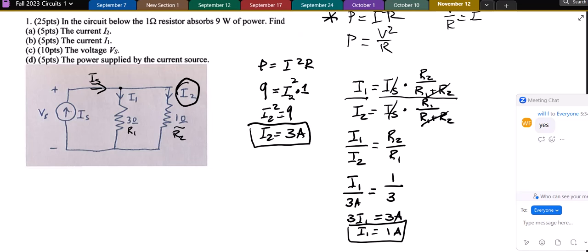So now I know, this is not a question, but I know that IS has to equal 4 amps because IS is coming into this node. So 4 amps coming in, and I know I have 1 amp and 3 amps coming out, so I have that. And then we want